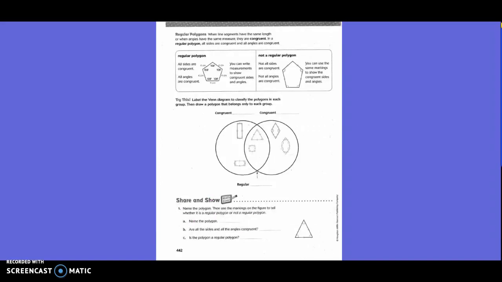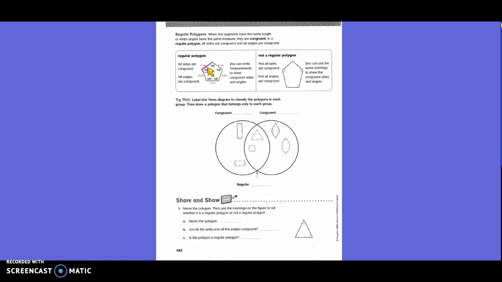Okay? Regular polygons, when line segments have the same length or when angles have the same measure, they are congruent. In a regular polygon, all sides are congruent and all angles are congruent. So a regular polygon over here, they show that all the sides are congruent, all the angles are congruent, because each side is 4 centimeters, each angle is 180 degrees, and you can write measurements to show congruent sides and